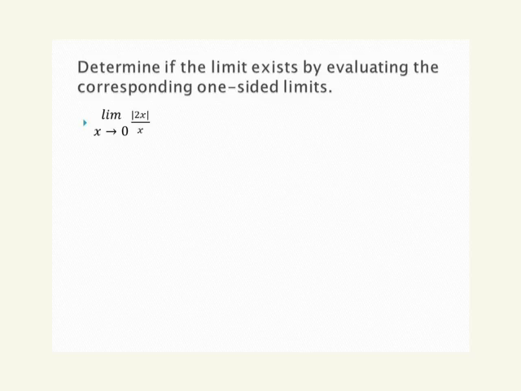So here's another example where evaluating limits from both the left and right side is going to help us determine, first off, whether or not the limit exists and what its value would be. Here we're finding the limit as x approaches 0 of the function the absolute value of 2x divided by x. Let's take a look at both the left and right limits and think about what's going to happen here. So let's start out with the limit